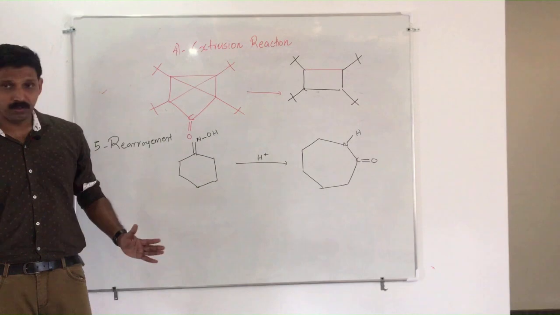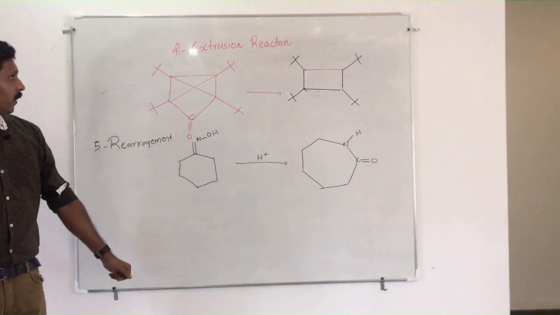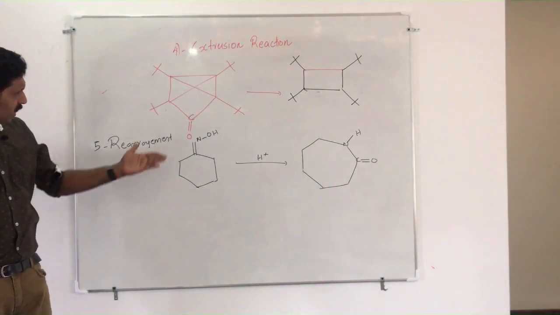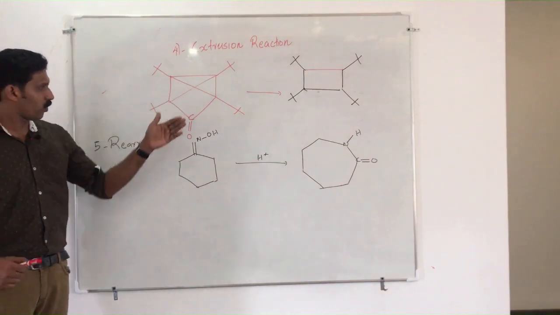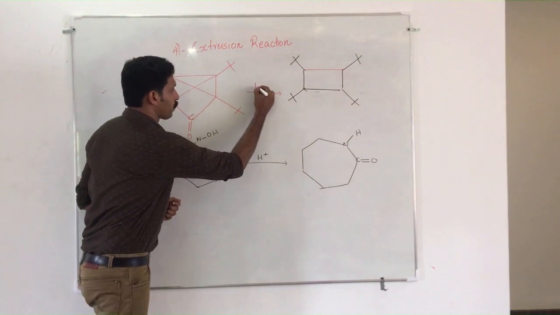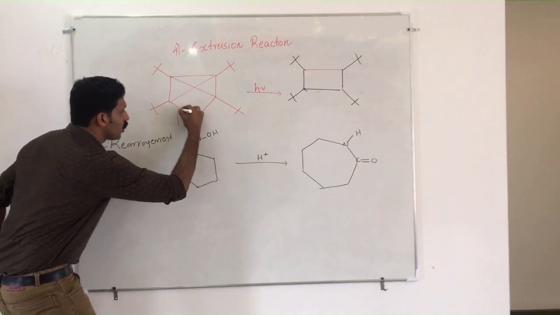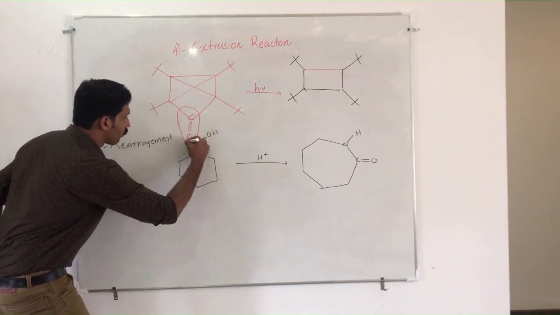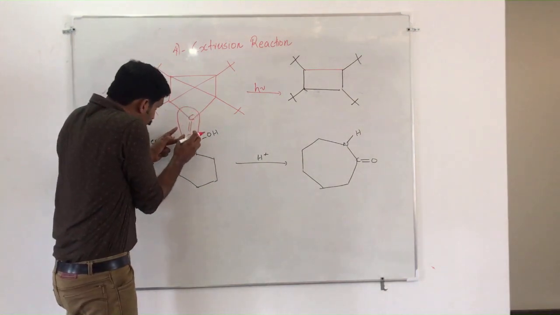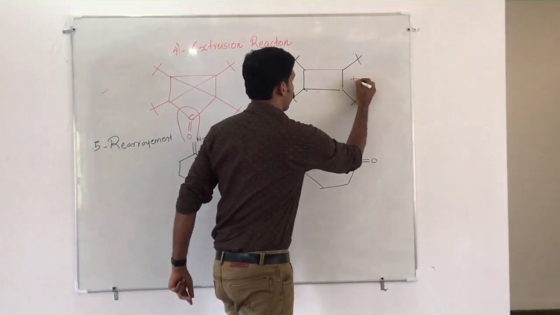Right. Now, the fourth type of reaction I am going to discuss is what we call extrusion reactions. It's a very simple reaction. This compound is a very interesting compound. In the presence of light, this CO group will be extruded from the molecule. When the CO group is extruded from here, you will get the answer just like this, plus carbon monoxide.